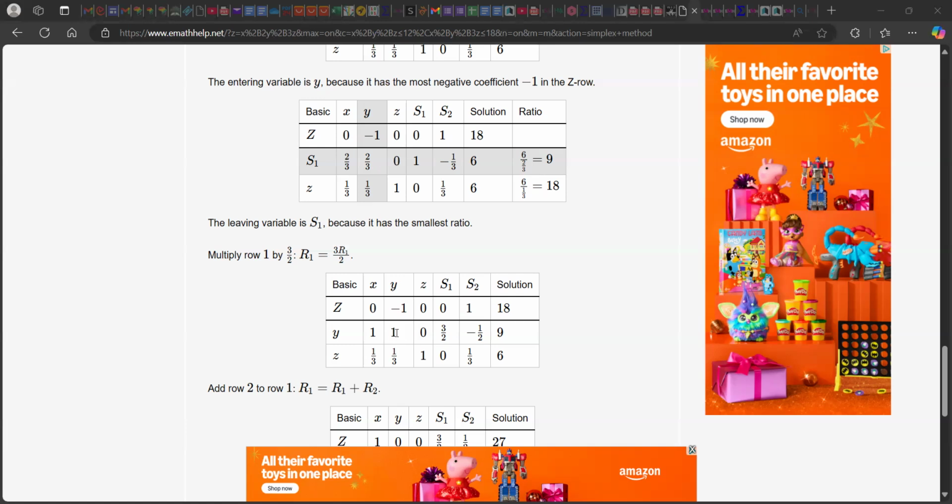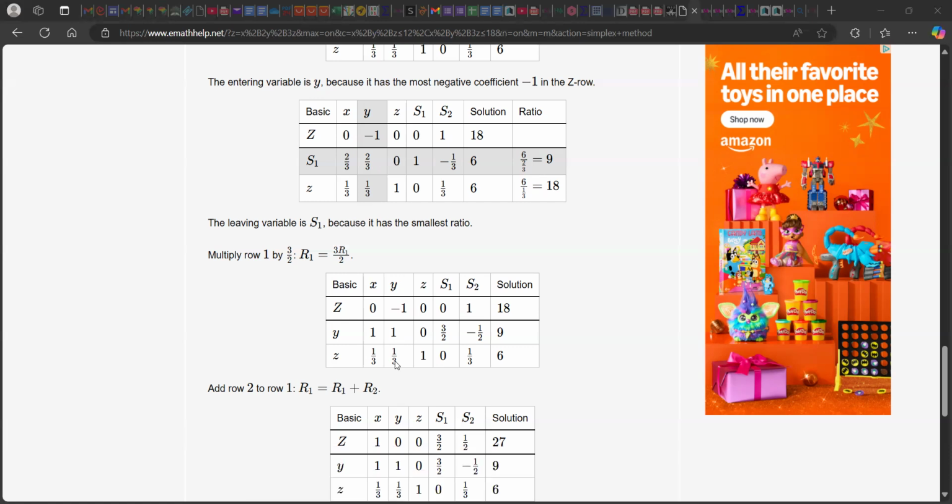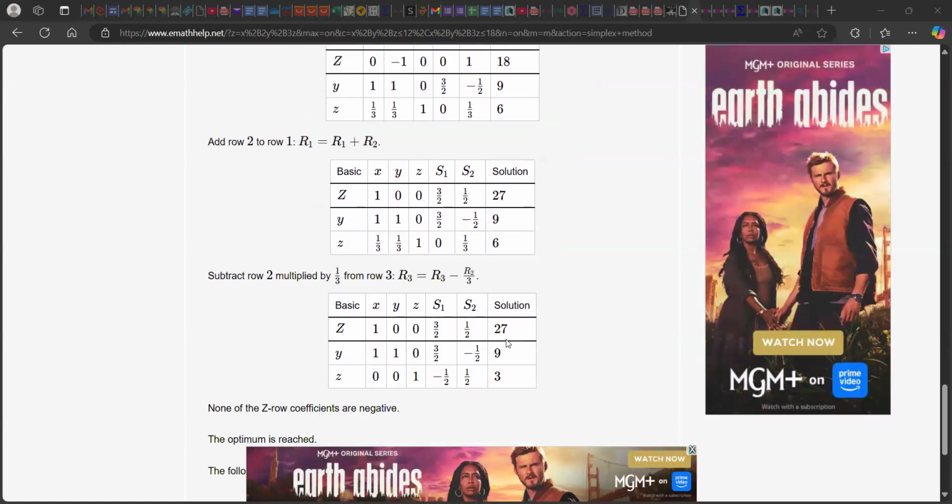So your next step is to get rid of this -1. And then later on, you'll have to get rid of this 1/3. You have to make those into 0. Right? And these are the row operations that will do that for you. Right? So add this row 2 to row 1, and that will get rid of the -1 and make this into a 0. And then your next step, take row 2 divided by 3 and subtract it from row 3,